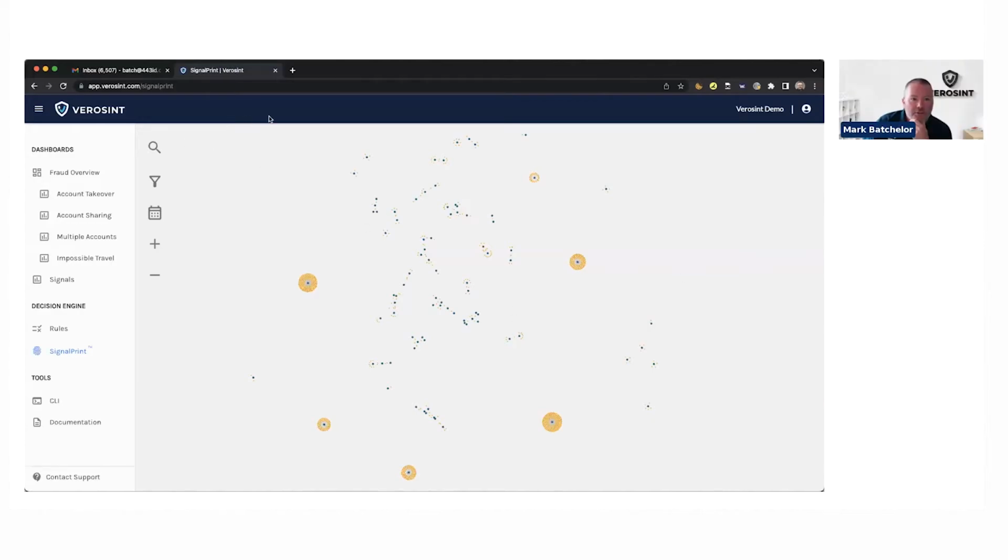So what you see on the screen here is our SignalPrint Explorer. We use SignalPrints in a couple of different ways in our products. We can do what we call passive printing, which is just creating what you see here on the screen. So maybe you add us to a login flow at Auth0 or Ping Identity or something like that. And as users log in or register to the application, you pass us a little bit of information. Again, it was email, IP, phone. And we look up the data for that stuff and generate these SignalPrints for these users as they flow